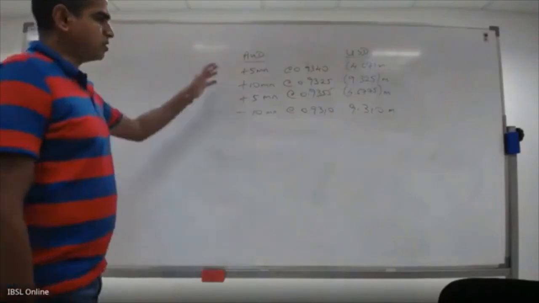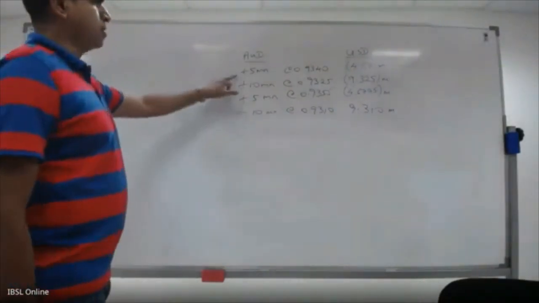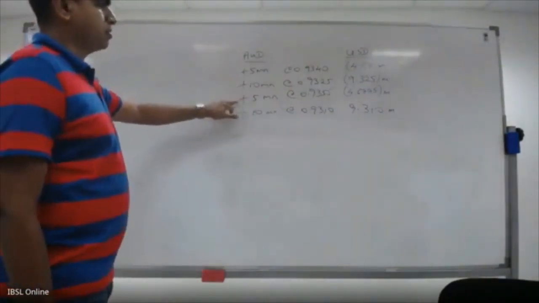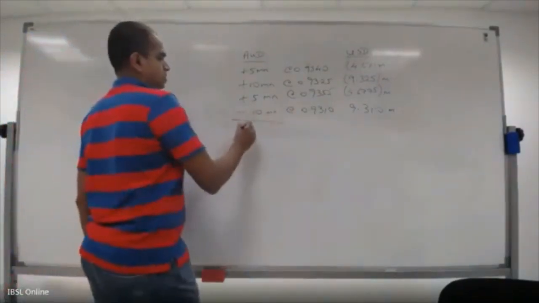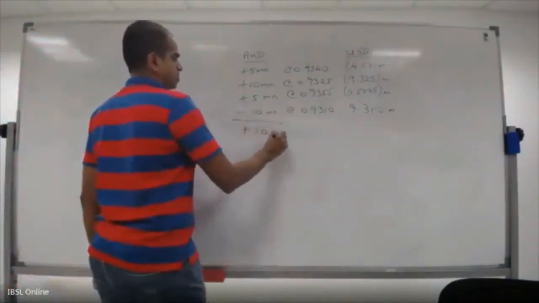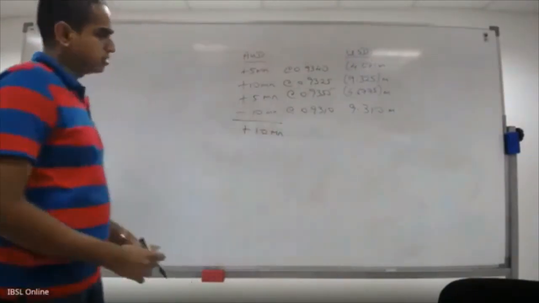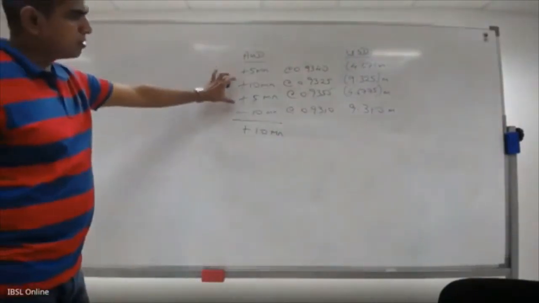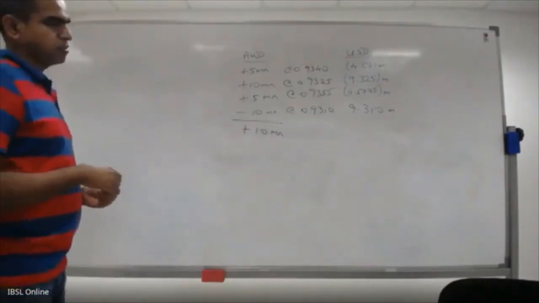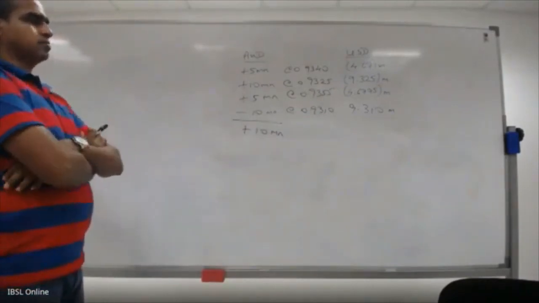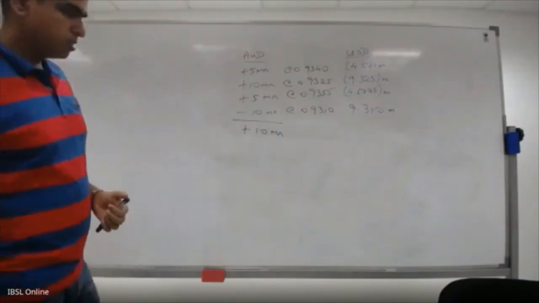The first step is to total these up. So 5 plus 10 is 15, plus 5, 20. Minus 10, you end up with a positive of 10 million. You are left with 10 million Aussie dollars, because you have bought 20 and sold 10, so you are left with 10 plus. This is overbought. Aussie dollars overbought. In US,